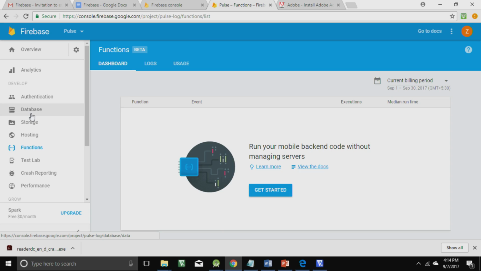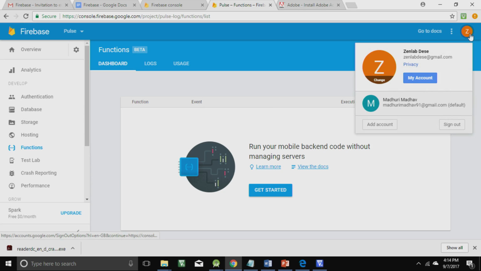You start by basically logging in with your Google account, and then going through you can see that we have used ZenLab Deze as the Google account. We are logged in with that and then created a nice